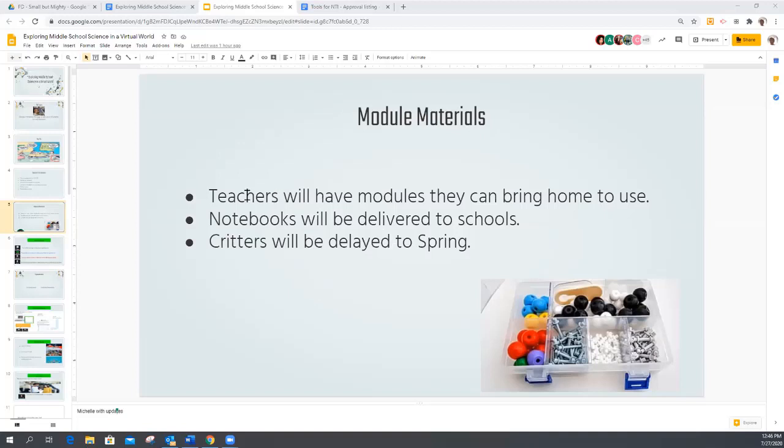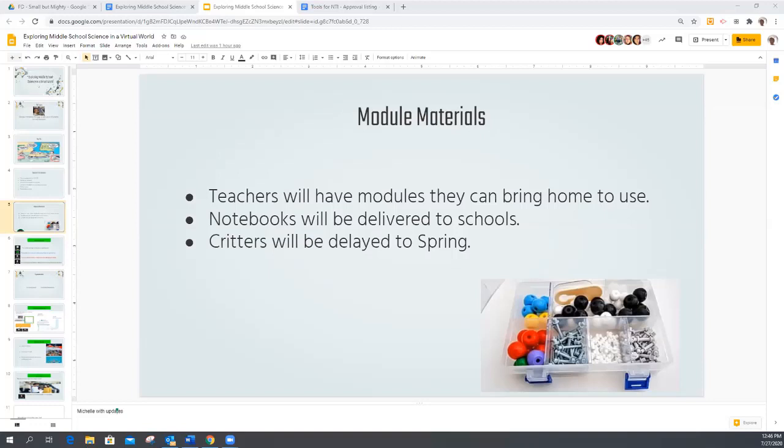Okay, so we seem to have quite a few questions about notebooks, so let me go ahead and address that really quickly. First of all, if your school didn't order notebooks, it's no different than any other time when schools don't order notebooks. You would do what you would normally do with that.